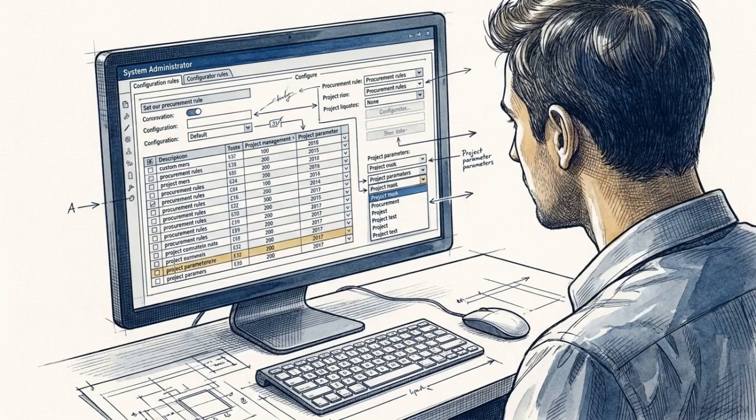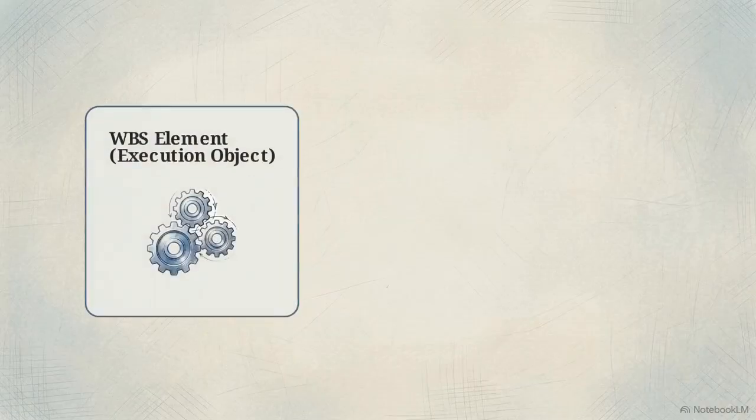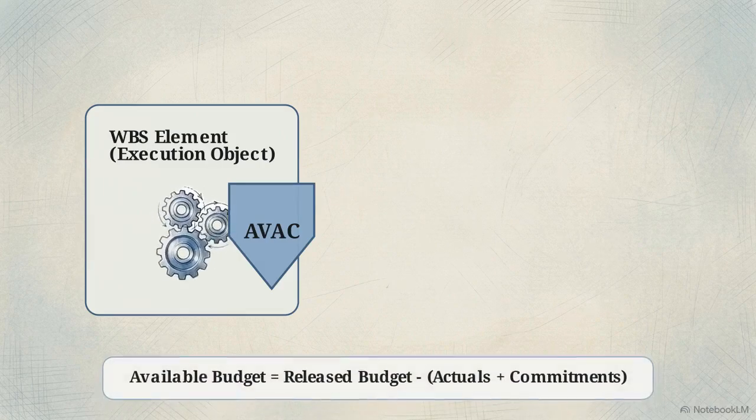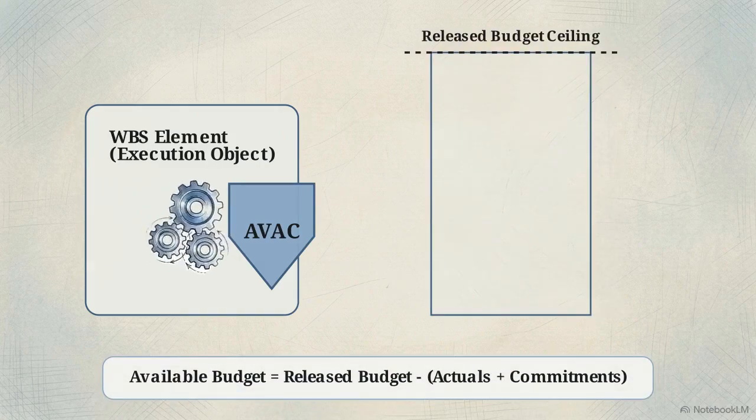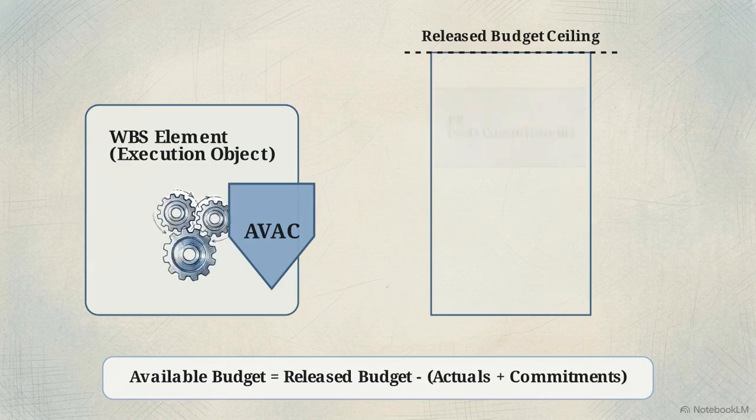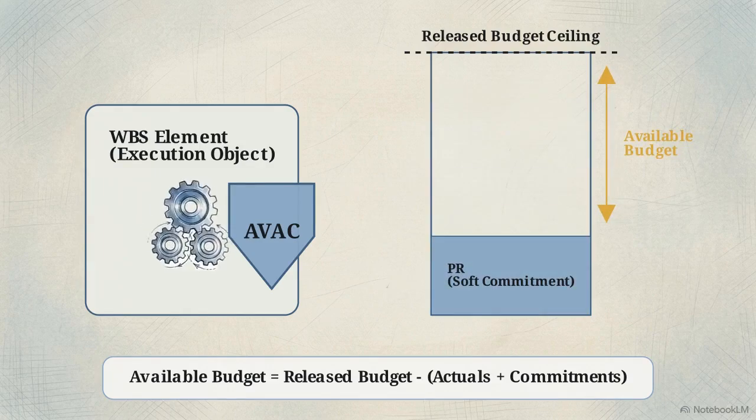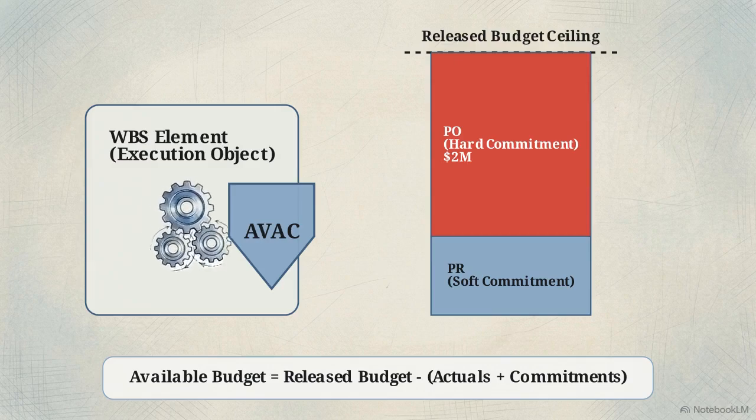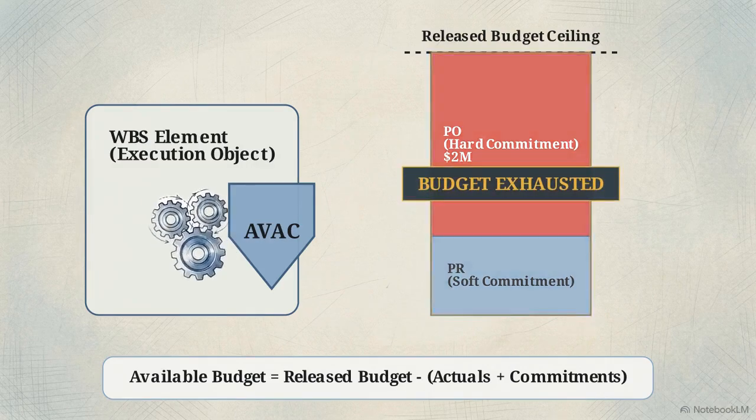Selecting the correct execution object now dictates the granularity of procurement controls and capitalization rules for the remainder of the project. Releasing the WBS activates availability control, or AVAC. This formula calculates real-time limits. Available budget equals the released budget minus the sum of actual costs and commitments. Commitments consume budget well before an invoice arrives. A purchase requisition creates a soft encumbrance, while this $2 million purchase order creates a hard encumbrance, deducting directly from